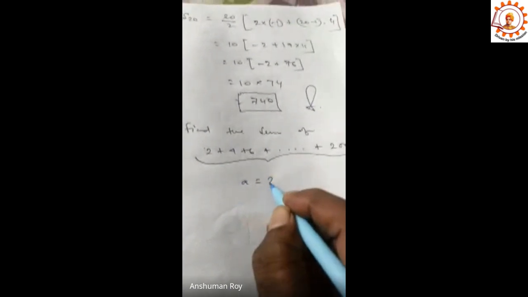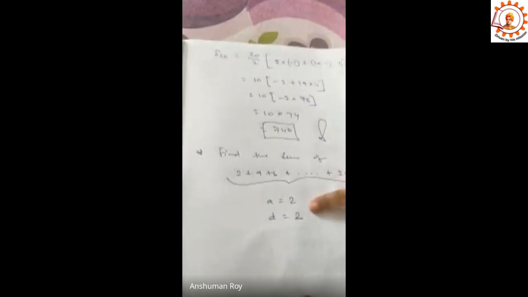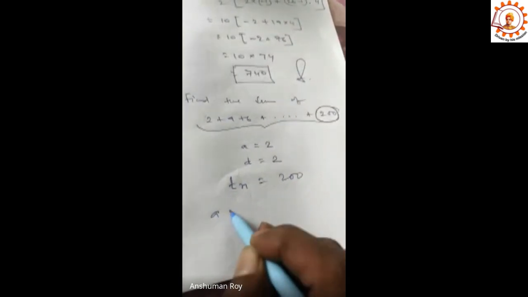এখানে এ এর মানটা কত? 2। এখানে ডি এর মানটা কত? স্যার 2। তাহলে এখানে দেখো, এইটা কত নম্বর টার্ম আমি কিন্তু জানি না। আমি ধরে নিচ্ছি এন এর টার্ম হচ্ছে 200। ফর্মুলা কি? a + (n − 1) × d = 200। এর মানটা পুট করো।